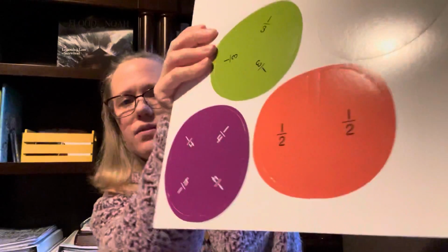Okay. So you're supposed to use these as activities throughout the workbook. So I'm kind of, oh, look. Even fraction stuff, which I already have, but now he has his own, and so he'll feel special with that. It does come with money, which I don't also need because I have play money,